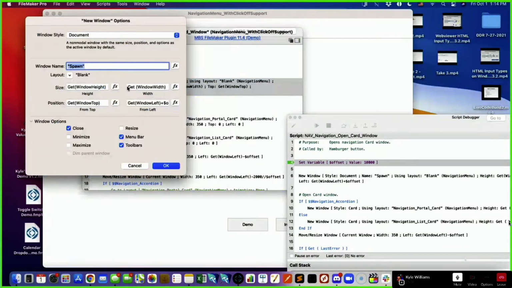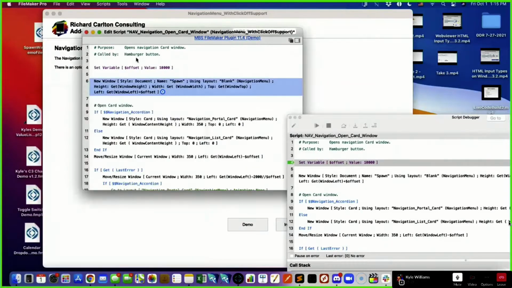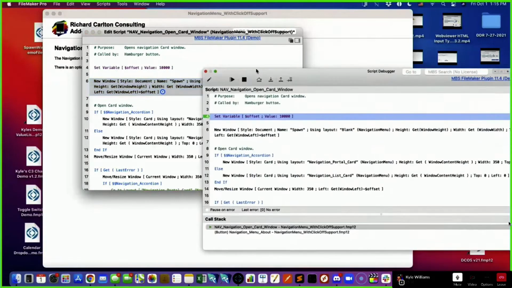So these are all just getting the current window height, width, and top. And then what he's doing is he's adjusting the window left by that offset of 10,000 pixels. So that's going to put it way off to the right of the screen, so you'll never see it on any monitor. So that's that trick. So as we step through this,